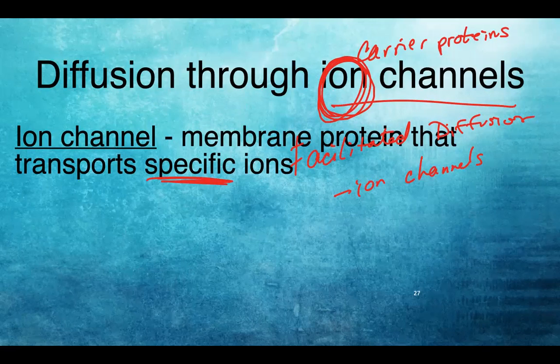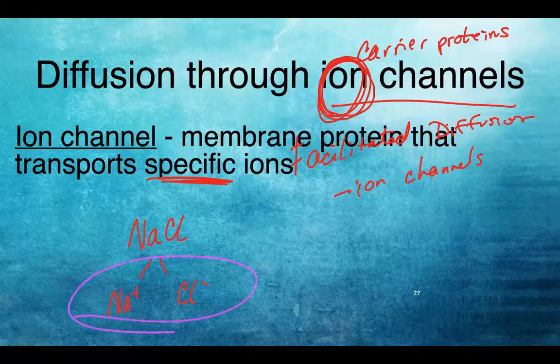So ions are really important minerals for your body, like sodium, potassium, iron, magnesium, zinc. All of these are ions that you get through the food that you eat, and they need to be transported into the cell. Now, because they have a charge, because remember, everything in your body is aqueous. When you eat salt, that breaks up into sodium ions and chloride ions. These two ions are super important for the functioning of your kidneys, and they are transported through your blood as